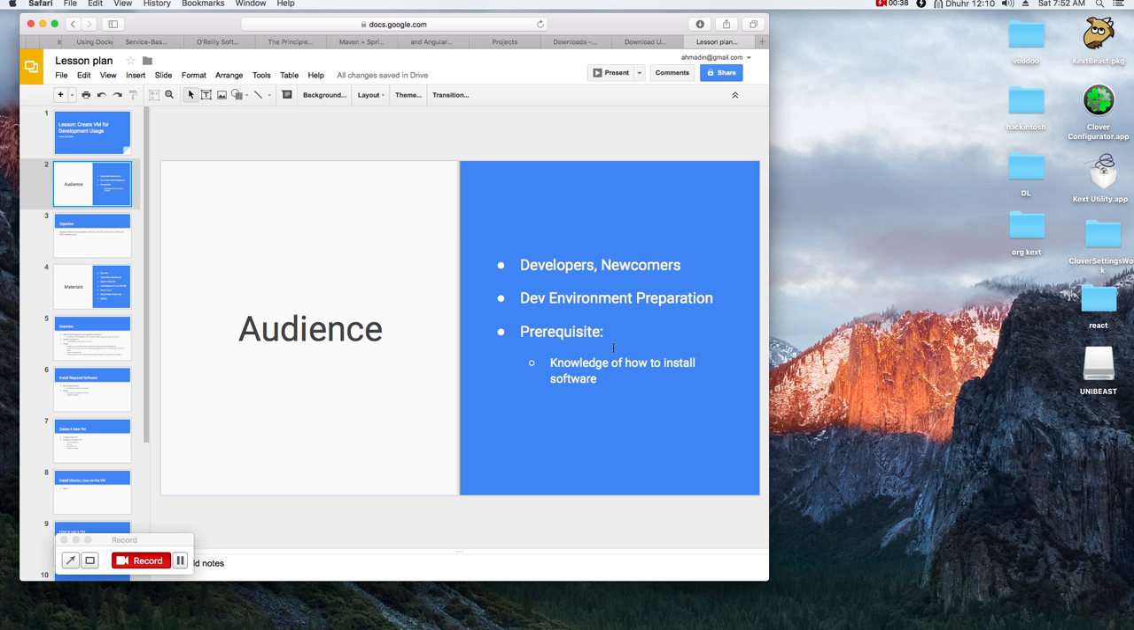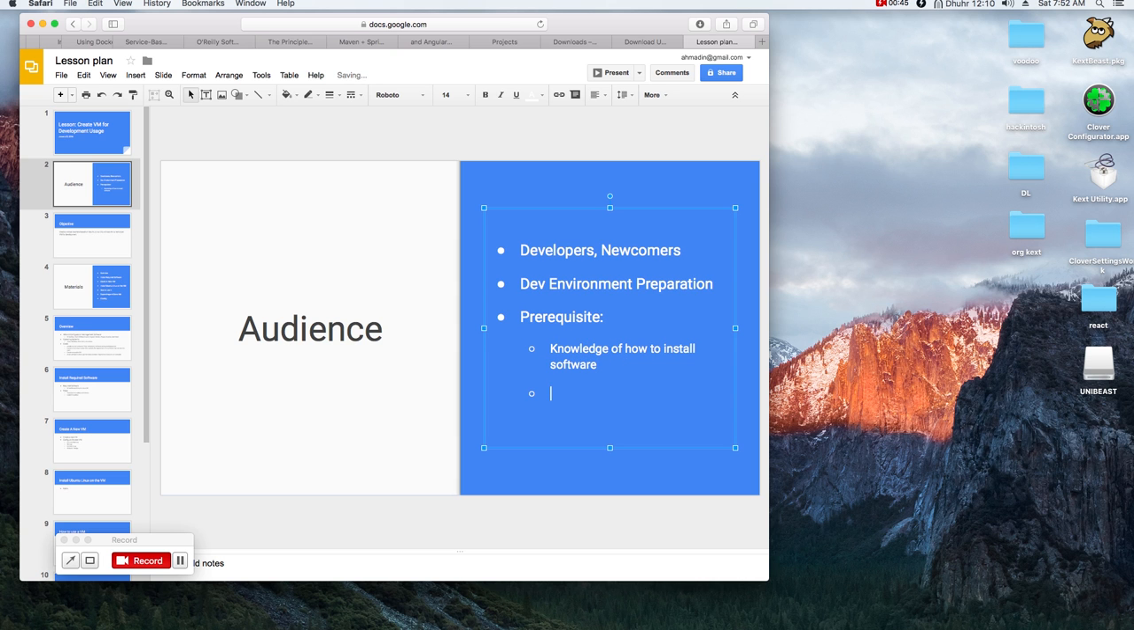you need the knowledge of how to install software. One other thing I think I need to add here, you need a computer with at least maybe a dual core. So let me write down here, hardware: maybe dual core at least, and maybe 4 gig memory,